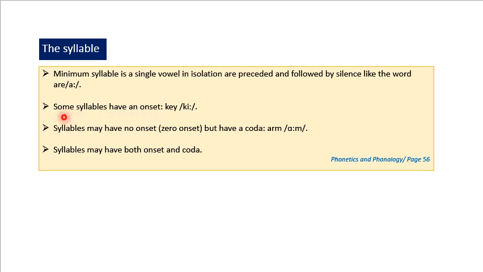Sometimes some syllables have an onset, like in the word key. When we say there's an onset, it means we have consonants just before the vowel, as this example shows the long E preceded by the K sound here. In addition, syllables may have no onset, zero onset, but have a coda, like in the word